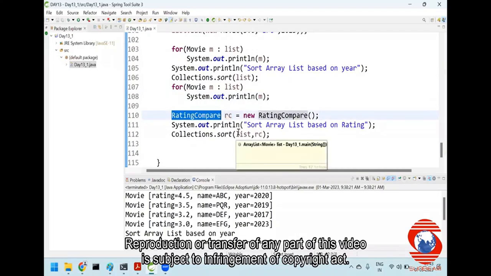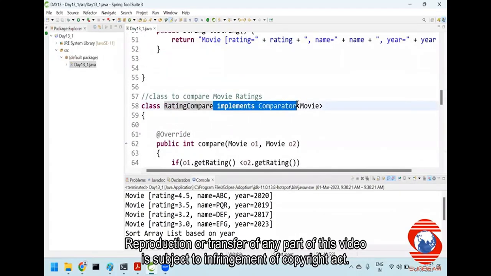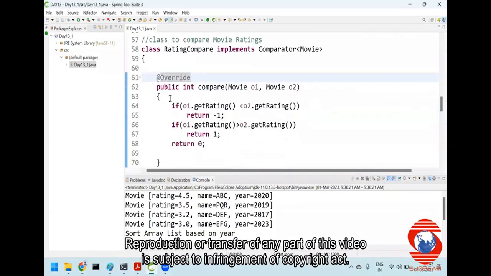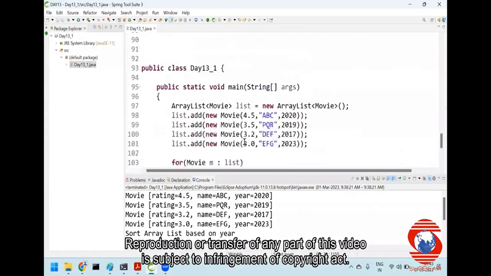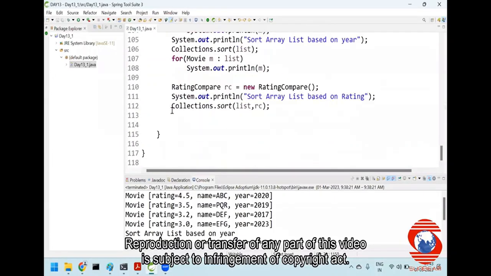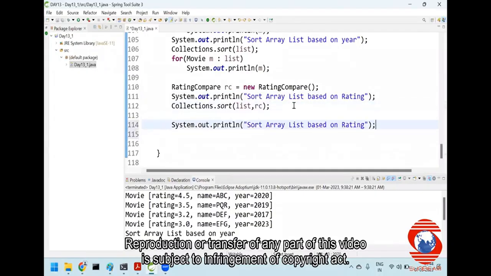There is an object of RatingCompare. It will go to RatingCompare class. Is it implementing the Comparator? Yes. But is it of the same type as my list type? Yes. Do I have a compare method? Of course, yes. It is comparing and sorting. Are we okay? And if I'm saying I want to sort based on name,